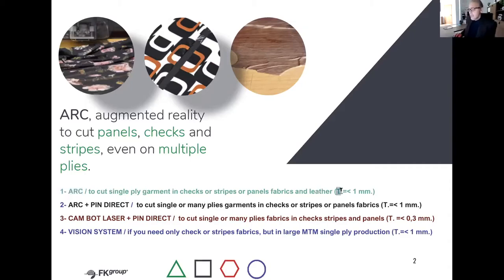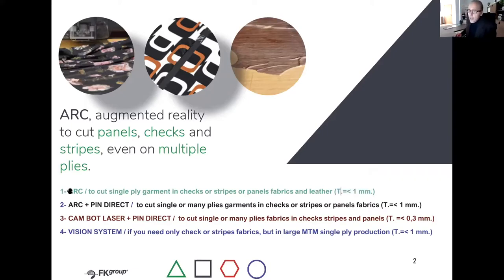T, what is T? T is tolerance. After many years of testing this technology, we found that with fabric it's not possible to go better than plus or minus 1 millimeter.